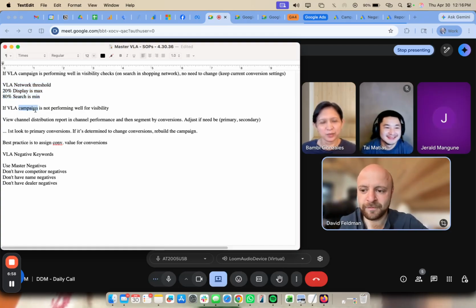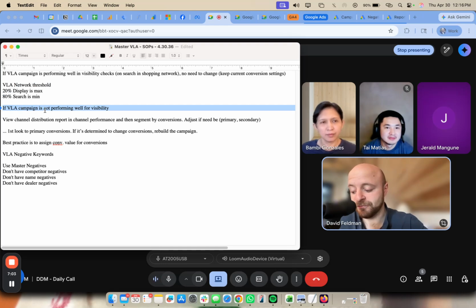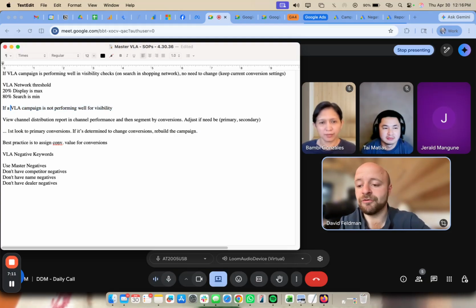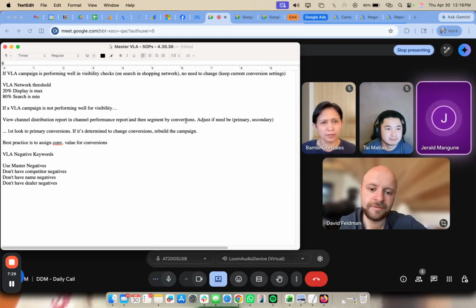So now, VLAs aren't even called VLAs anymore, they're called VAs, but oh well, Google wants to change its acronyms all the time. If a VLA campaign is not performing well for visibility, the next thing to do is to view the channel distribution report and channel performance report, and then segment by conversions. Yes, sir, David. Before we go in deep into that,